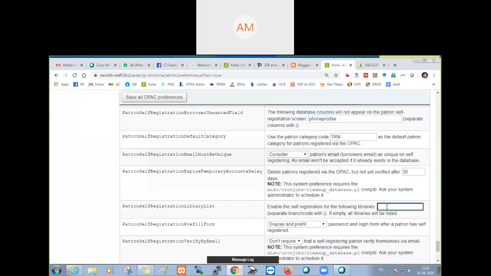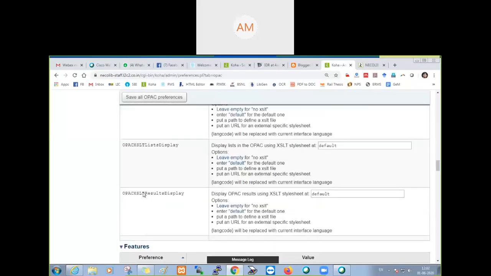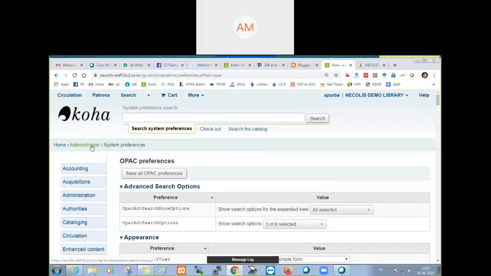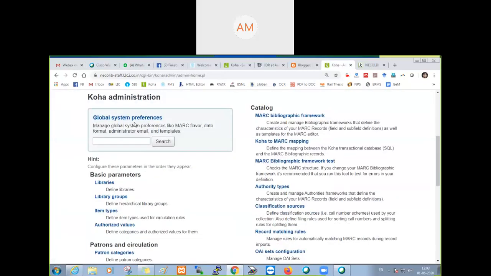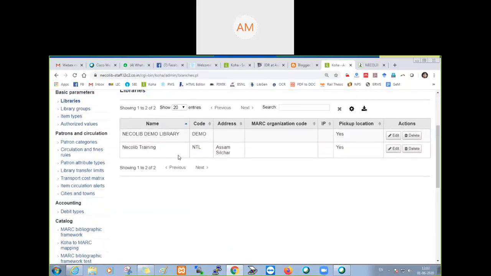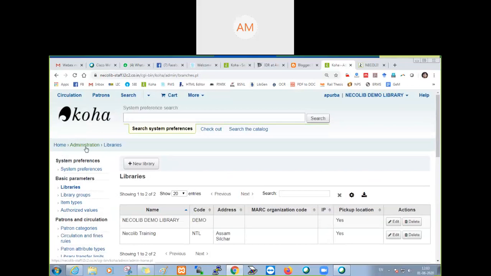Here you can give the branch code. From where will we get the branch code? We'll get the branch code from the administration, libraries. We'll make it Necolib demo library, DEMO or NTL, both. So we'll put the demo there.